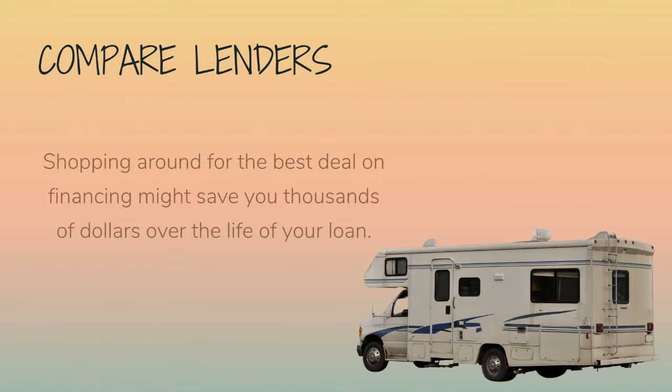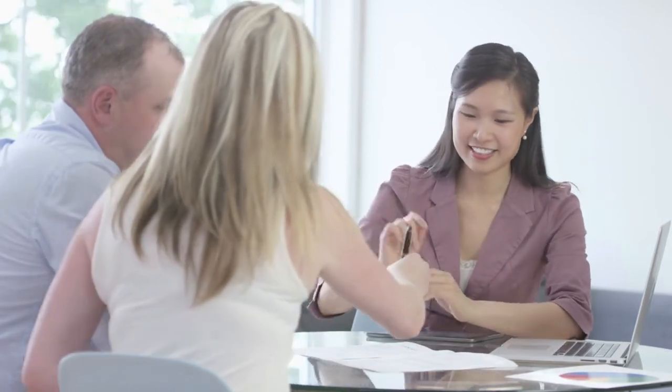Consumers should know that some lenders restrict the maximum term of their RV loans, says James Barron, former Senior Vice President of Sales and Business Development at Bank of the West. And some lenders will have a minimum loan amount that they will finance. Lenders may also restrict the type of RV loan based on use. For example, a lender may view a horse trailer with living quarters differently than an RV used as a full-time